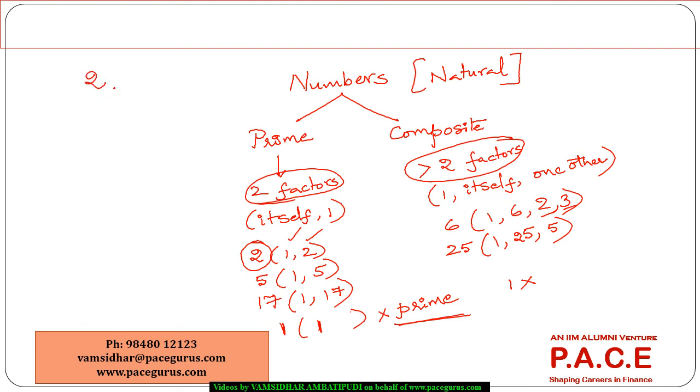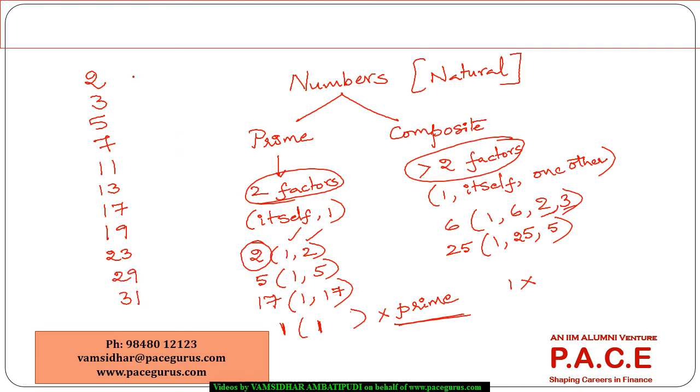So if I start 2, 3, 5, 7, then 9 is not, because 3 3s are 9, 11, 13, 15 is not, 17, 19, 21 is not, 3 7s, 23, 25 is not, 27 is not, 29,